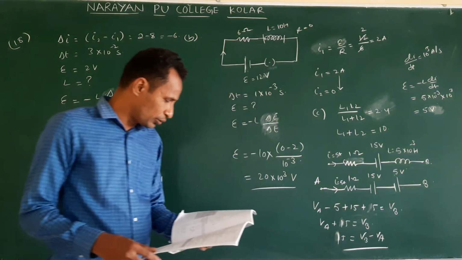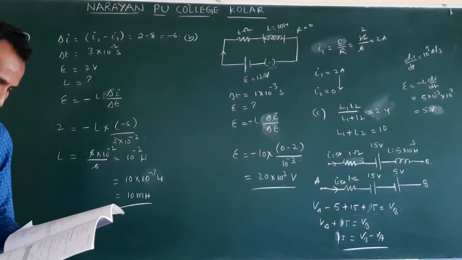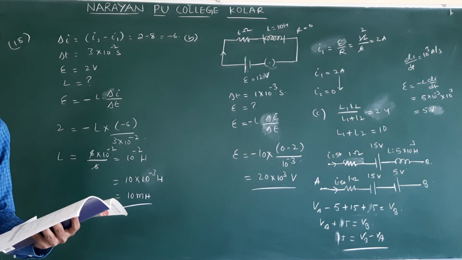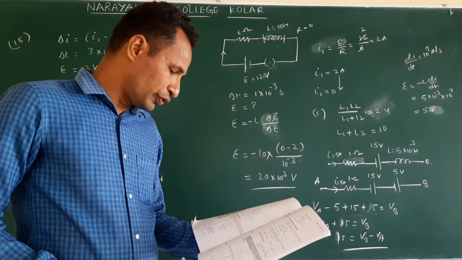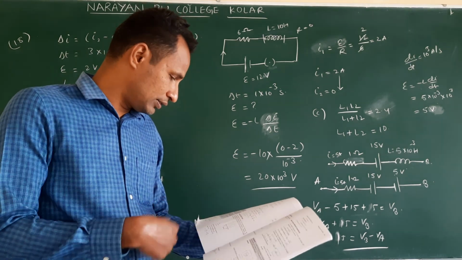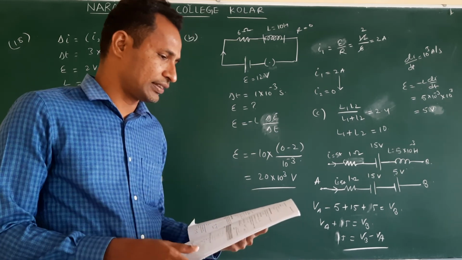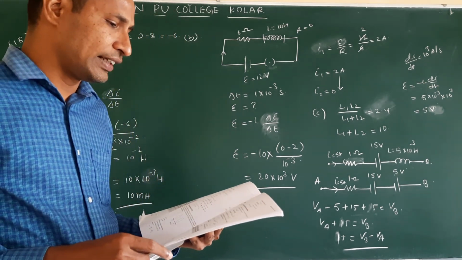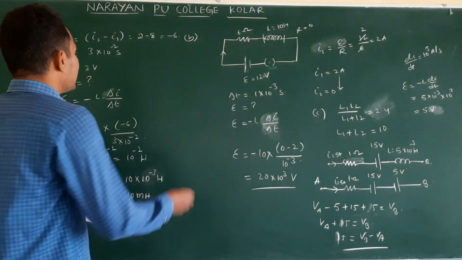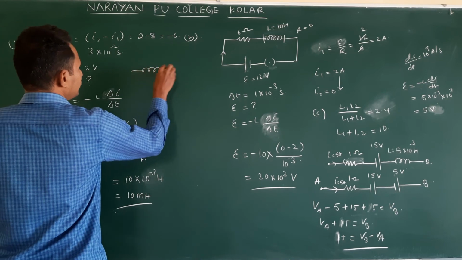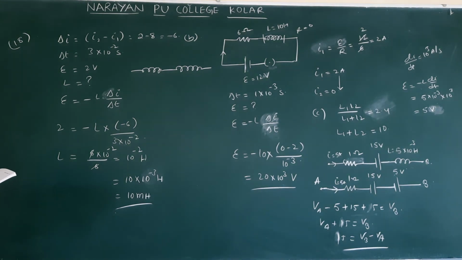So with this example problem, self-inductance and mutual inductance are over. You read it all. We have done everything. About mutual inductance I have already given. We already did all this in PU classes. So once you remember, or otherwise check this. Next, about mutual inductance: when two conductors are placed like this, there will be a mutual inductance between them.